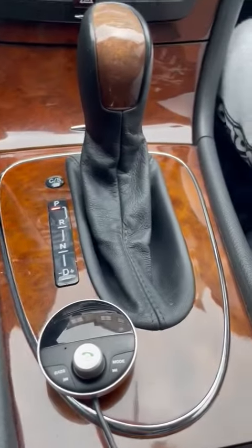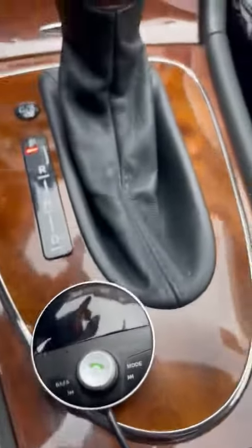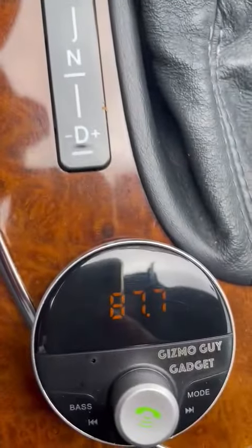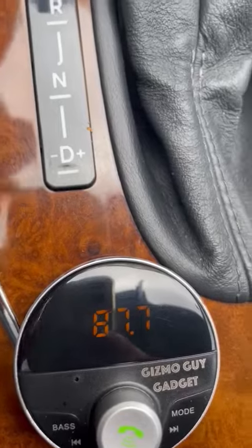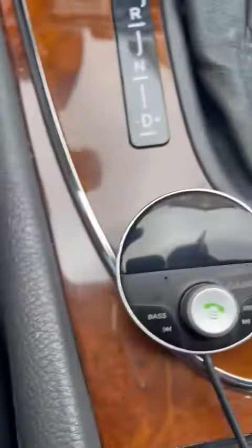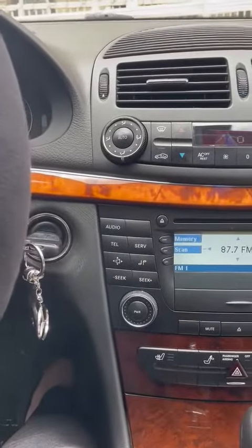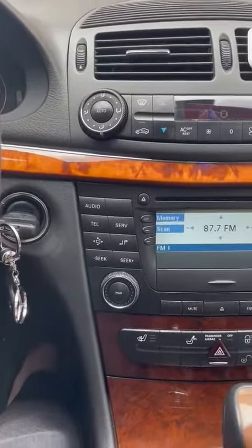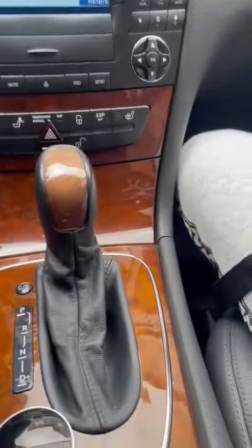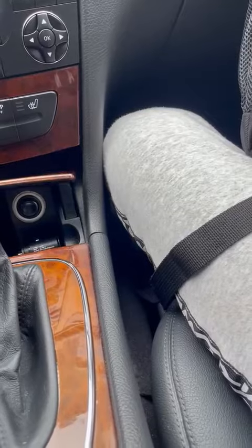So simply the phone will be connected to this device by Bluetooth, and then transmitting on a specific radio channel that you can choose, and then you listen to the music exactly like you have a Bluetooth in your car. What I did just extra, I didn't connect it to the lighter here just to get better